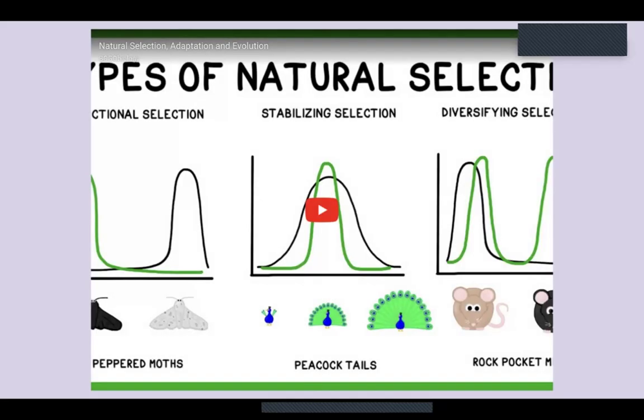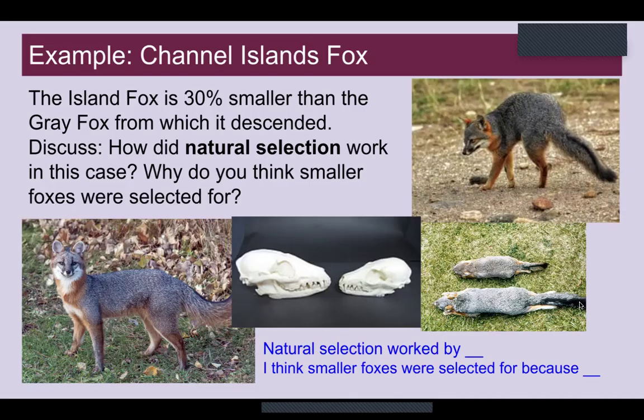So we've looked at both of those in class. Incidentally, both of them were gizmos. So hopefully you guys have a good idea of what we're talking about here. And a final example I'm going to give you is one that is endemic to Southern California or off the